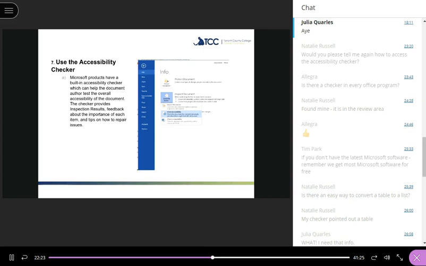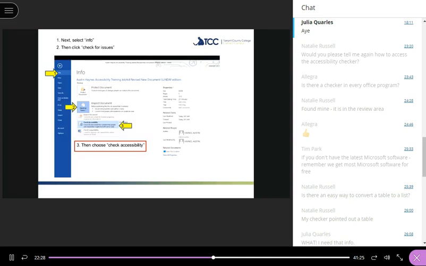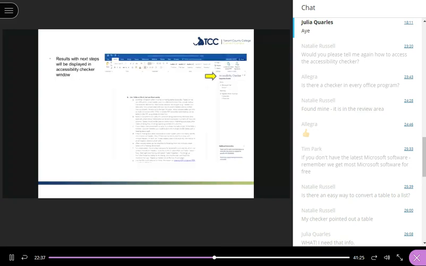And when you do, and gosh, I got ahead of myself there. You click on File, and then you'll go here to check accessibility, or check for issues, and then check accessibility, and then choose that. And once you do, it will start a wizard for you. It'll open up in the right-hand segment here, and it'll actually tell you the items that it's found, and you click on each item, and it will give you steps and how to make it compliant. And this is a really great thing.